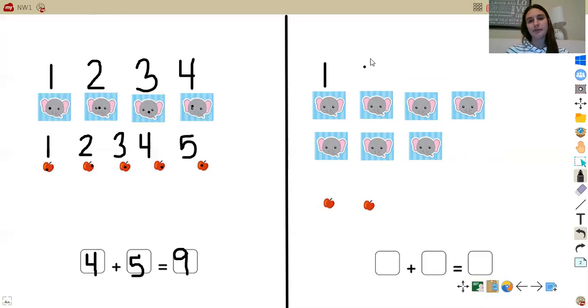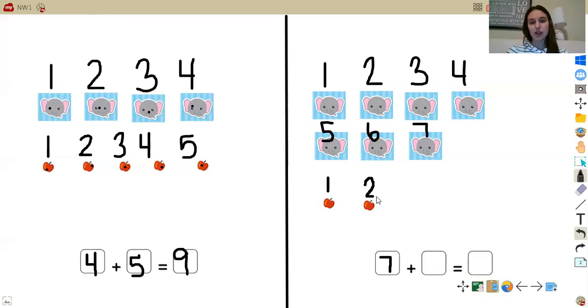1, 2, 3, 4, 5, 6, 7. So 7 is going to go in the first box, and that represents my big stickers. And then let's start over again at 1 and label our small stickers. Okay, follow along. 1,